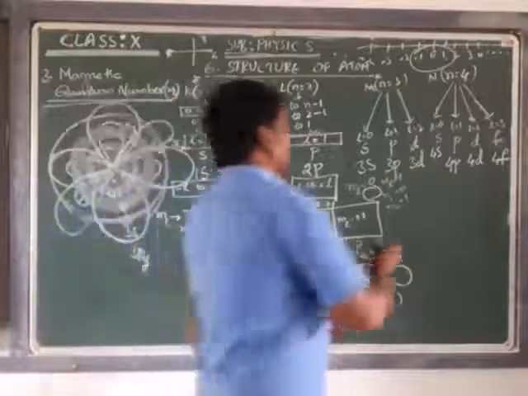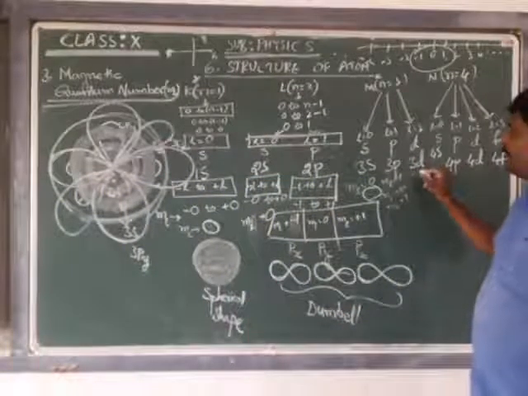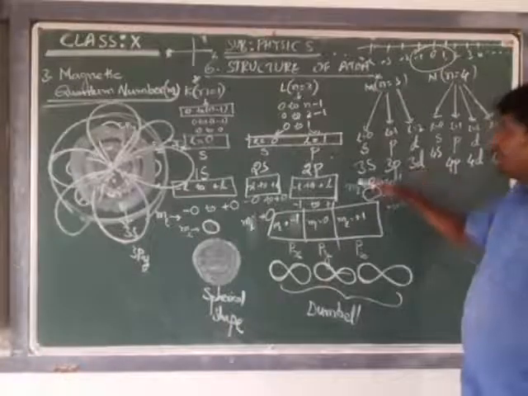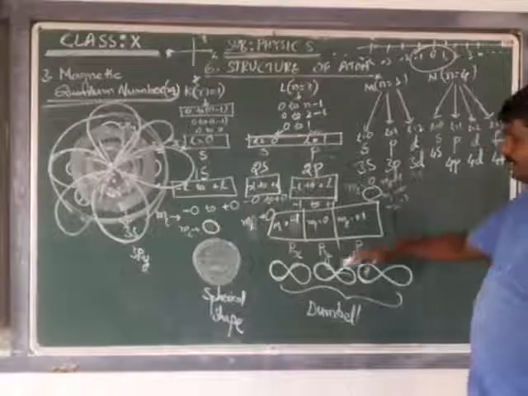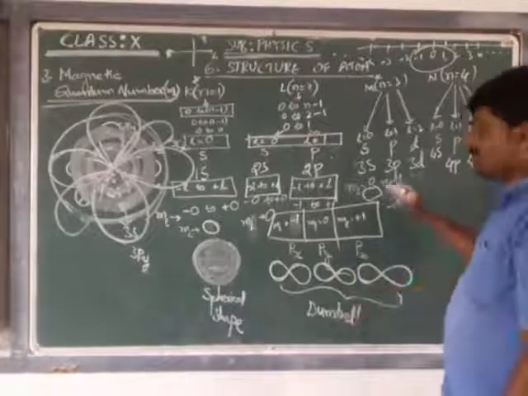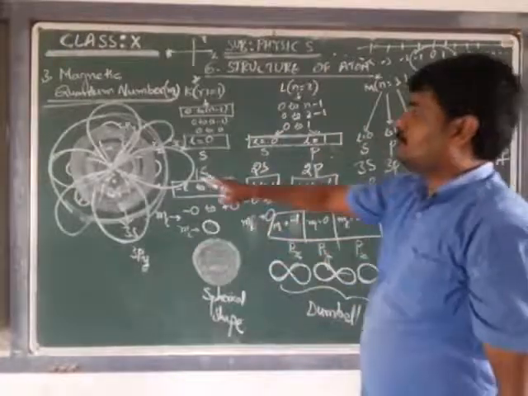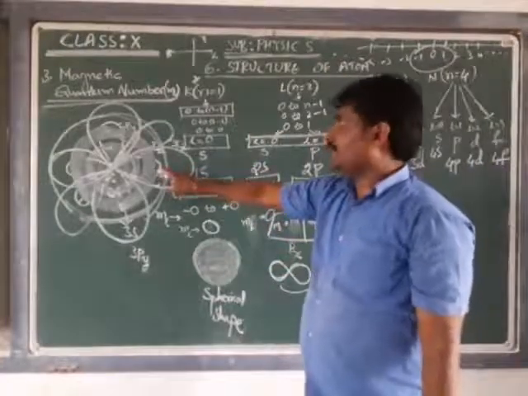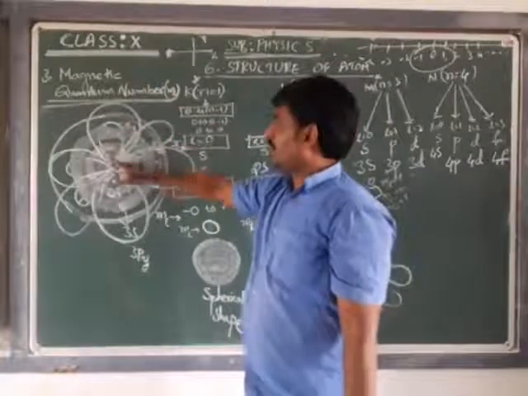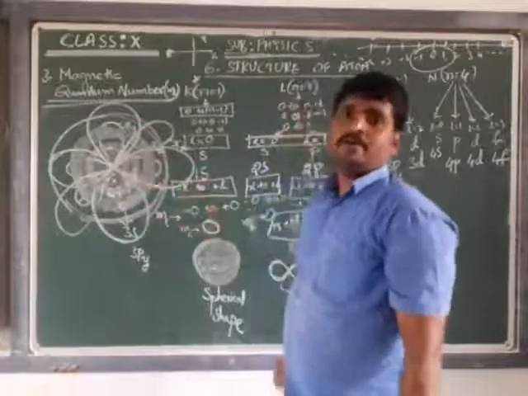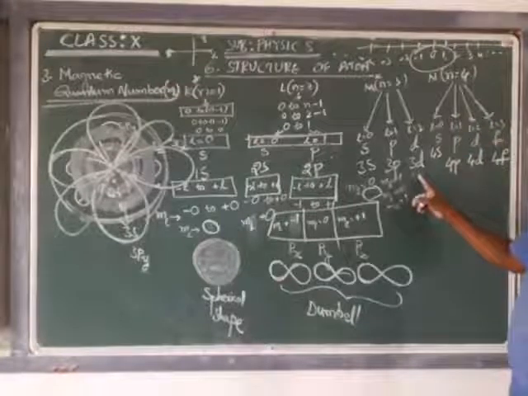Okay. Now let's see how this d is getting oriented. I hope you understood: 3s will be in the shape of a sphere, and 3p in the shape of a dumbbell, where it is going to occupy the region above the 2p. Above 2px there will be 3px, above 2py there will be 3py, and above 2pz there will be 3pz. Let's see what happens to pz.